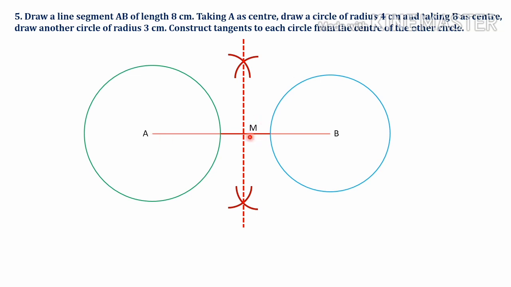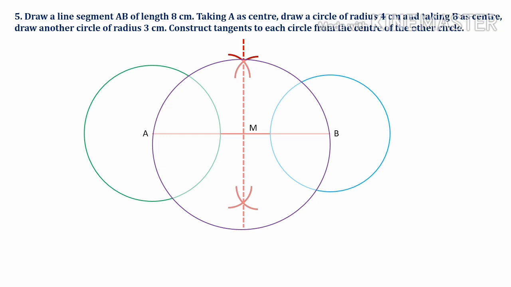Now take AM as a radius, or BM also you can take, because AM and BM are same. M is the midpoint. So take AM as a radius, fix at M your compass and draw another circle. Now the new circle is meeting the previous circles at 4 different points. One is here, another one is this one, third one is here, and the fourth one is here. So let's label these 4 points as X, Y, R and S.